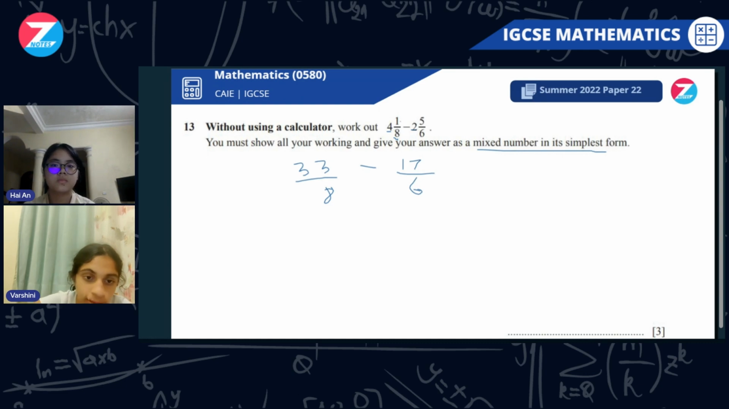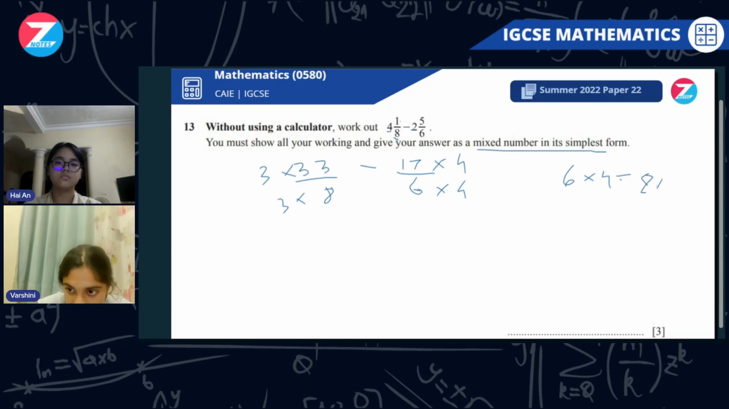So that means we're going to have to multiply the numerator by 3 and the denominator by 3. We're going to have to multiply this numerator by 4 and this denominator by 4, because we know that 6 times 4 equals 8 times 3. Okay, so now if you just do these in your calculator or manually, it doesn't matter. You should get 99 divided by 24 minus